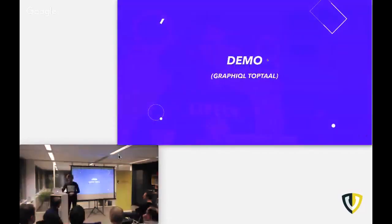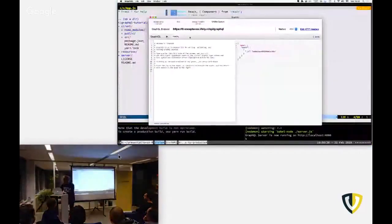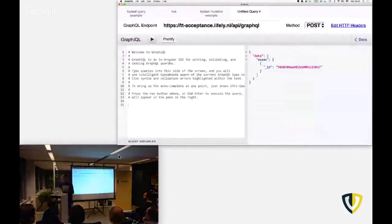All right. So maybe I can start with a little demo, which is of course always exciting, but we'll see how this goes. So I'm going to open the graphical interface. And one thing to note that the Meteor team learned from their experience with introducing a new protocol was that the tooling to use this new protocol is essential for the fact that people are going to use it. So what they did differently from DDP now with GraphQL, well, Facebook did it of course, but they are also helping this, is that they made this tool which is called Graphical, like the interface for GraphQL, which is this editor. If you create a GraphQL server and you say graphical enabled true, then you get this for free inside your API. So usually in our production environments we do not enable it, and this is like a